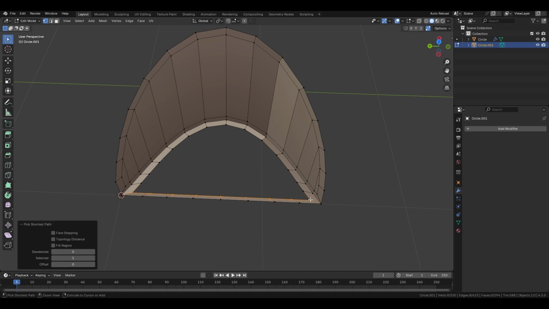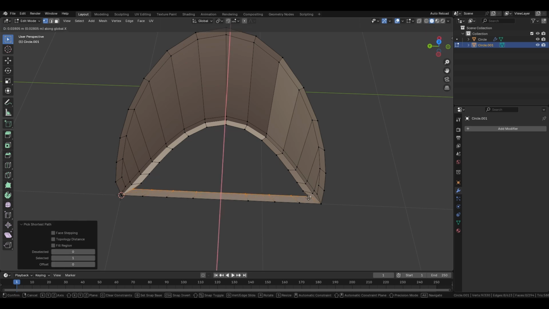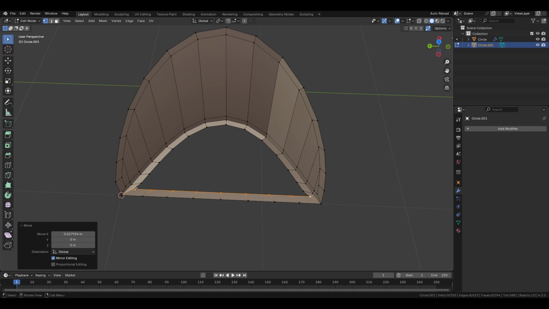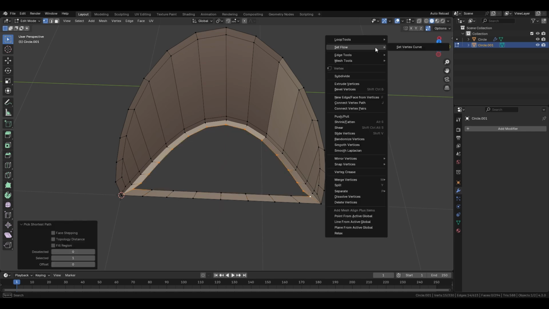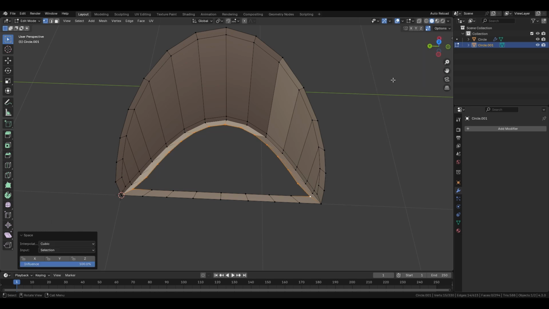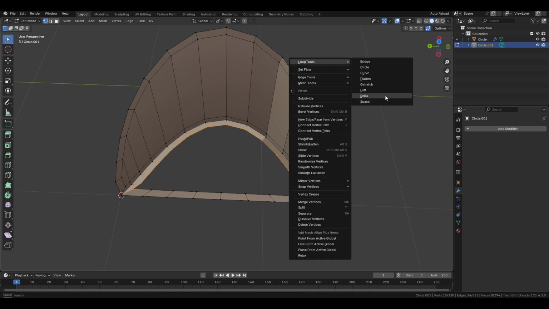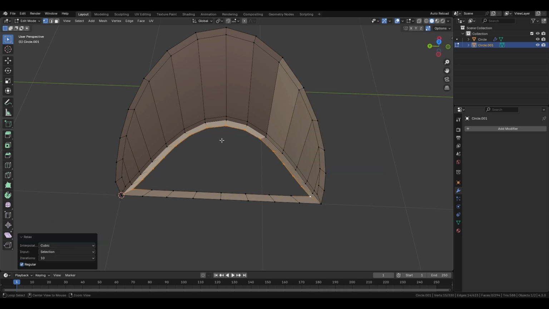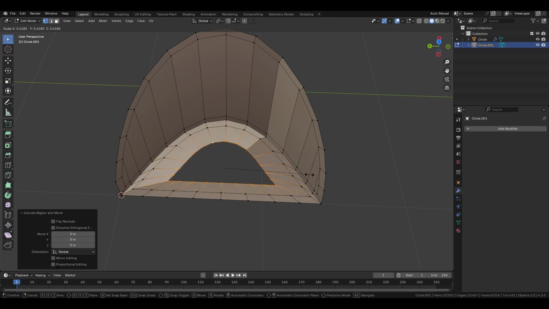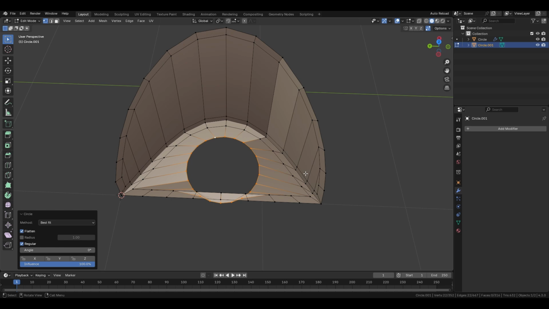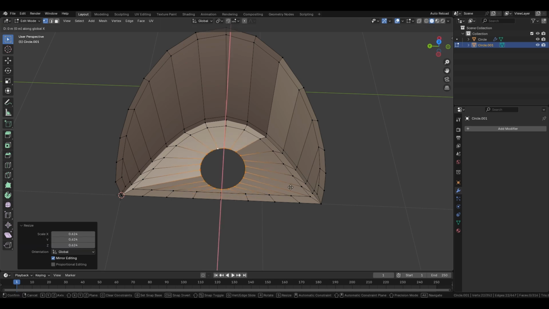Now I'm going to select these. I'm going to move it slightly like here, then I'm going to select all these vertices here, right click, Loop Tools, I'm going to click Space, right click, Loop Tools, Relax. See, now we'll have a little bit of relaxation, then select these edges, again extrude it, again scale it, right click, Loop Tools, Circle. Now scale it down, G X, move it aside, then again scale it, G X, move it aside, then